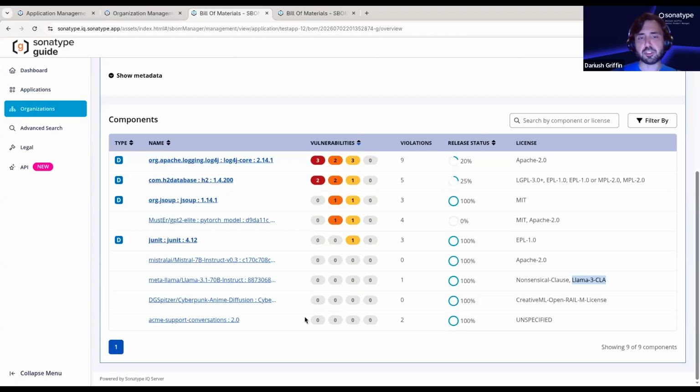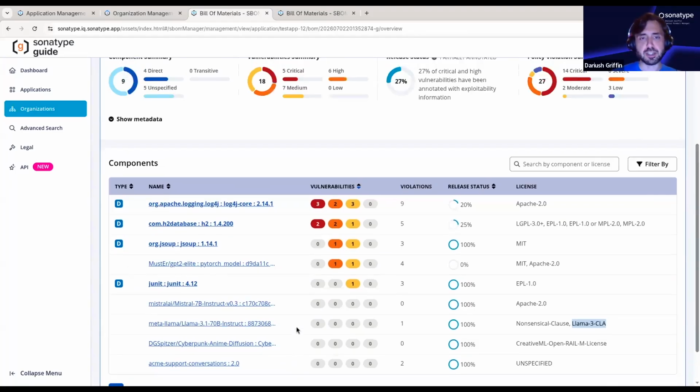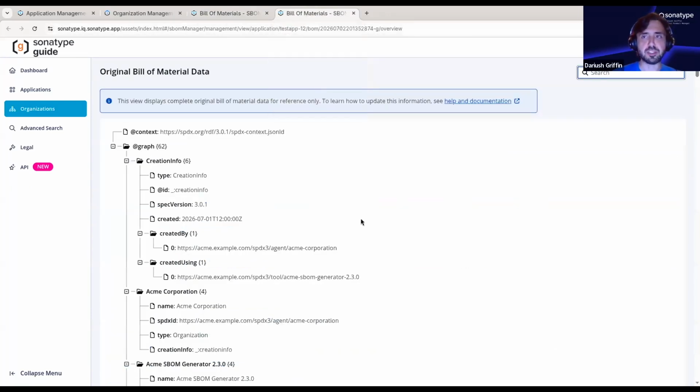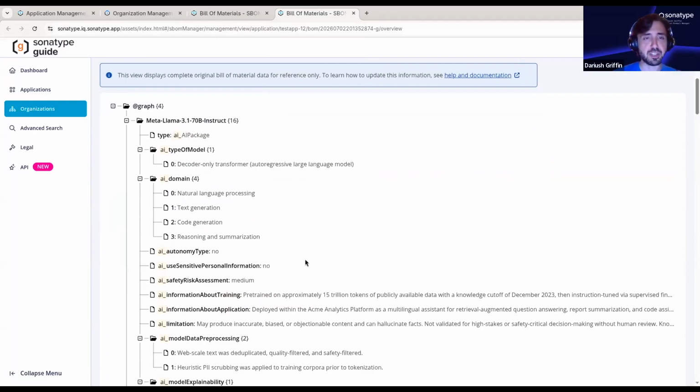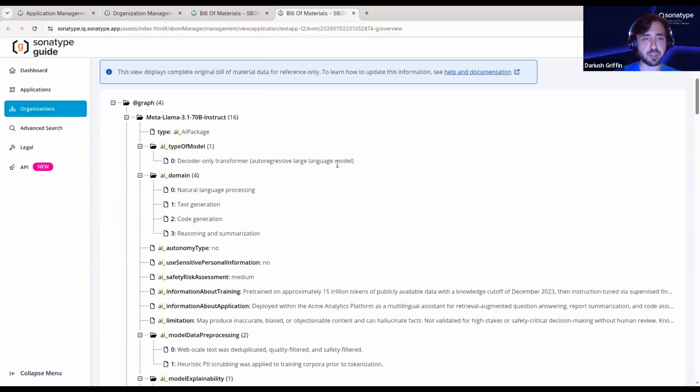But one of the nice introductions with SPDX3 is the ability to look at deeper levels of metadata. So the SPDX3 format introduces more fine-grained AI information. So here I went ahead and I just looked at the original BOM in its tree structure. It's a little bit easier for us to view all the various new fields, and I filtered down to just the AI fields. So here for the Llama LLM, we can see that